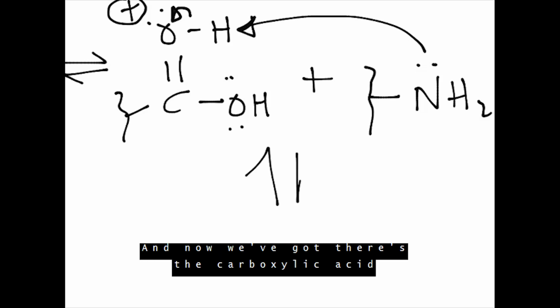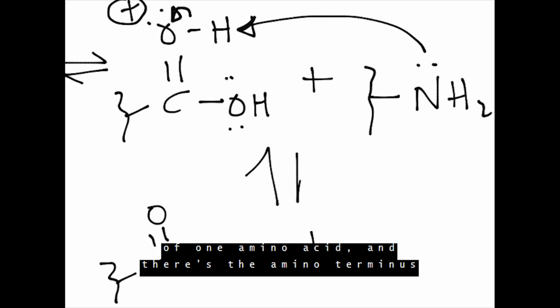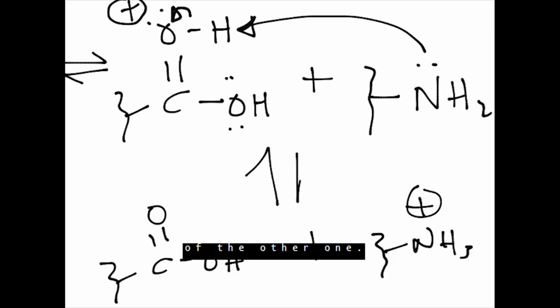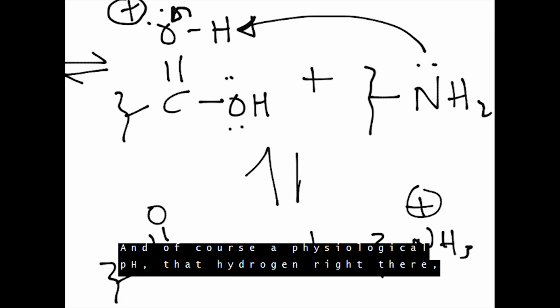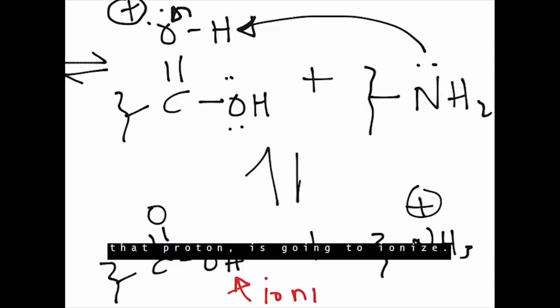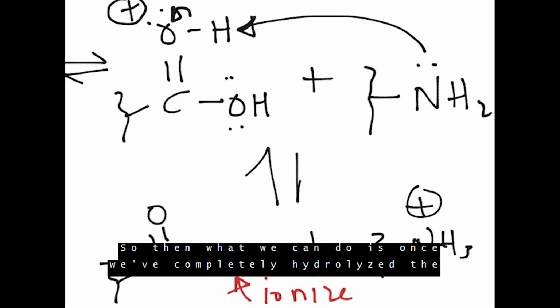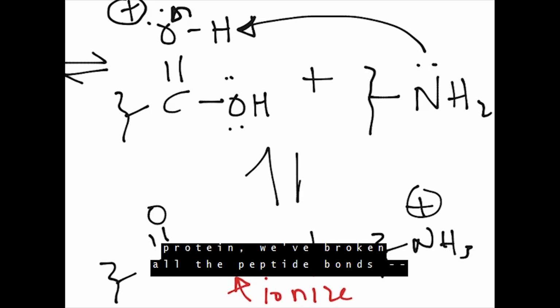And now we've got the carboxylic acid of one amino acid, and there's the amino terminus of the other one. And of course, at physiological pH, that hydrogen right there, that proton, is going to ionize. So then what we can do is, once we've completely hydrolyzed the protein and we've broken all the peptide bonds,